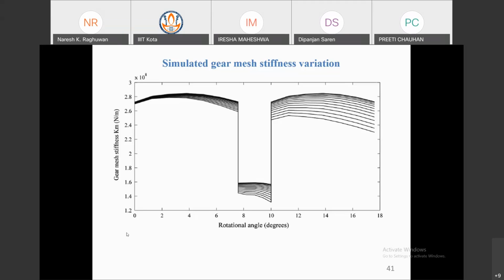Some people are doing modeling with 6 degrees of freedom; you can do 8 degrees of freedom, 16 degrees of freedom, and people are doing 16 degrees of freedom of a single-stage gearbox. They are doing research on that. Because the degree of freedom is in your hand, if you reduce the degrees of freedom of a gear system, you approach inaccurate results. If you increase the degrees of freedom, you increase the accuracy.